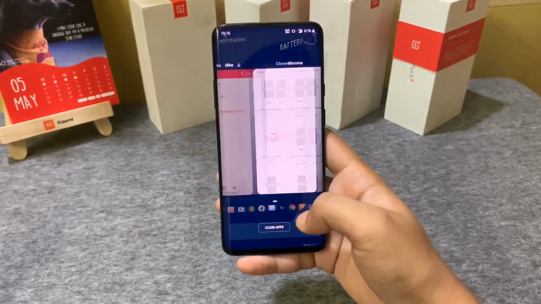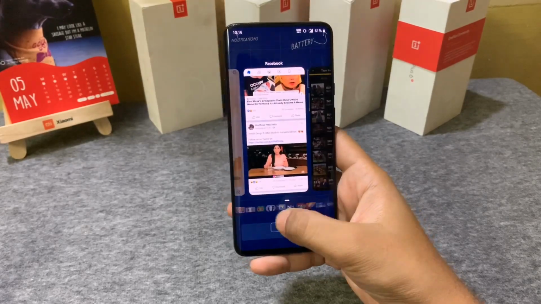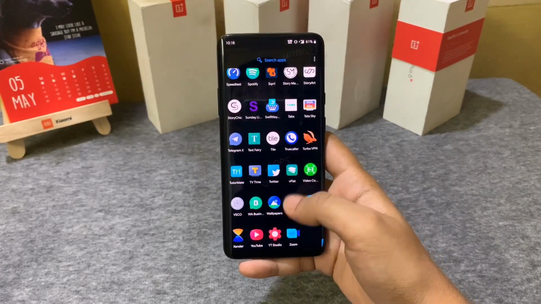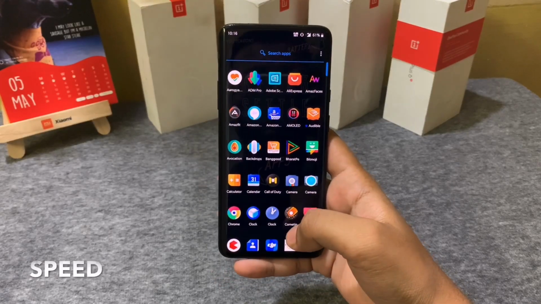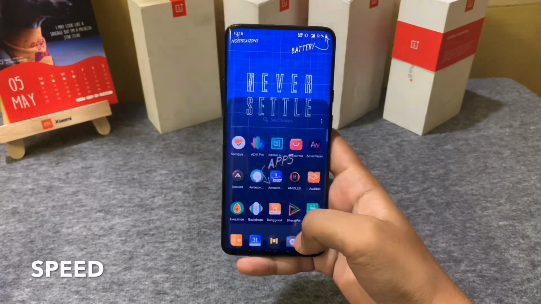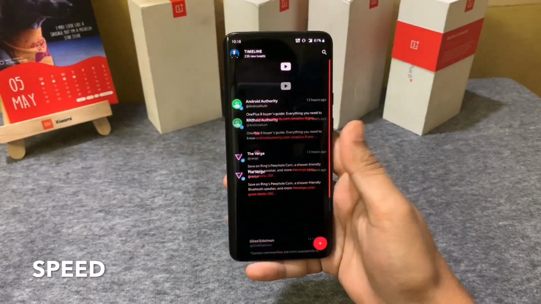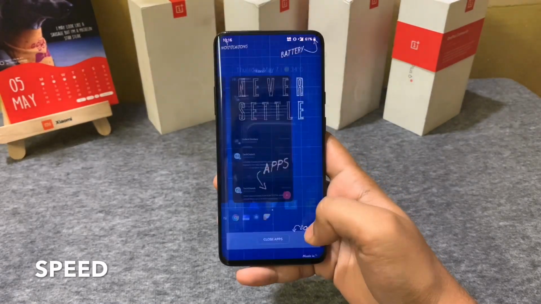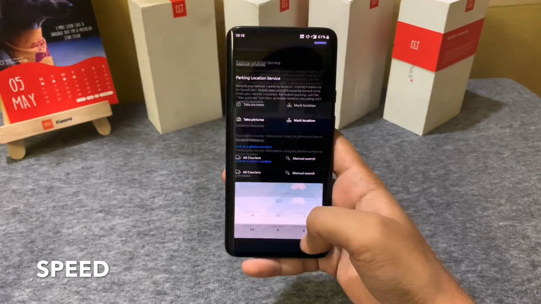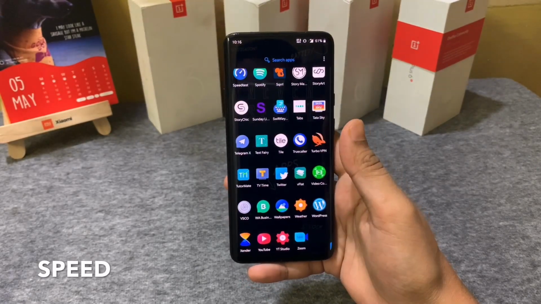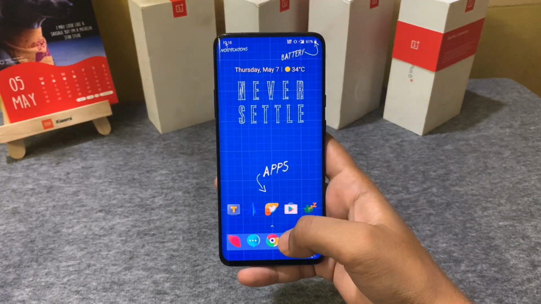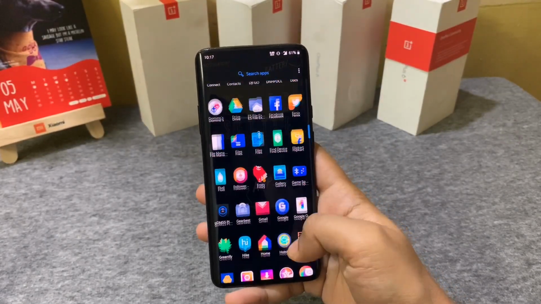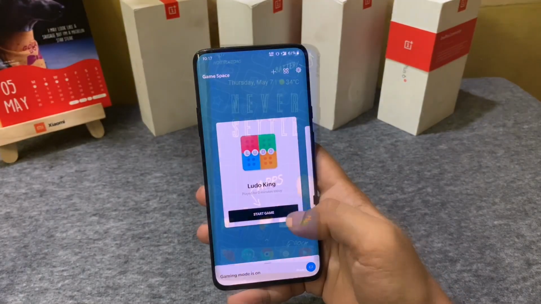There is no denying that Oxygen OS is as fast as OnePlus claims it to be. The animations are refined and, combined with the power of the device, it is all a very fluid experience. Because of this, everything feels snappy and smooth. Apps load instantly, games run smoothly. You can only feel these optimizations once you use a OnePlus device.